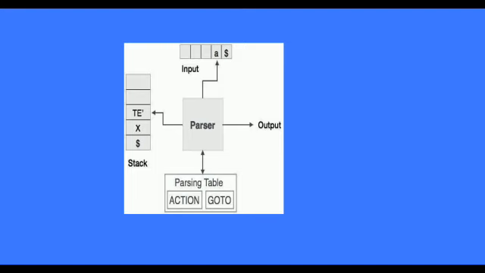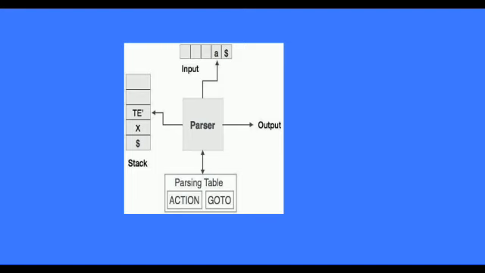Now here a parse table is constructed. This parsing table is different for different grammars. If you take a different grammar, you will get another parse table. Depending upon the grammar, you will get a different parse table. Non-terminals are the rows and terminals are the columns in the parse table. Here terminals are a, plus, b and dollar on the column side, and non-terminals are capital A, capital B, capital C on the row side.